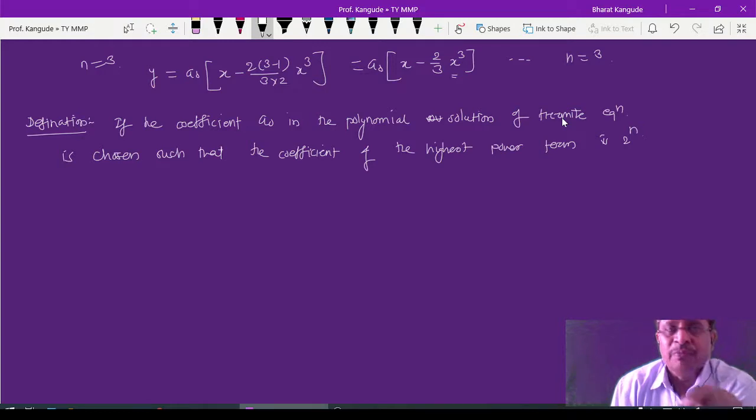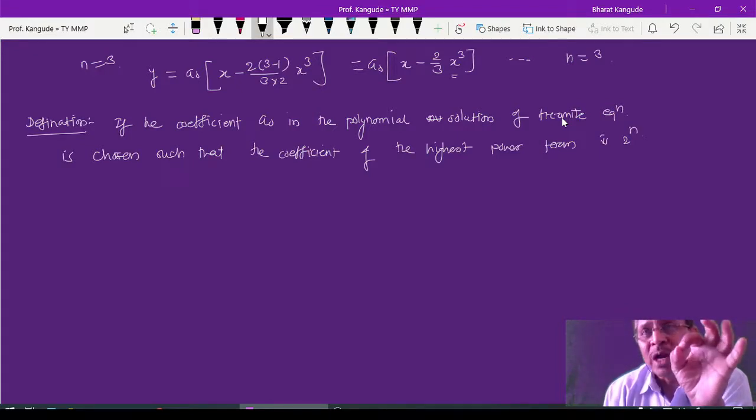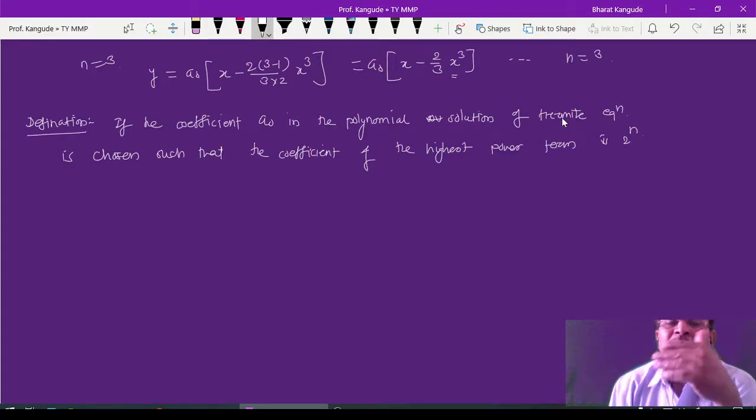Accordingly, I have to select a0. In the second term, n equal to 1, I have to adjust a0 in the highest power of x such that I get the coefficient of the highest power of x equal to 2 raised to 1, which is 2. Earlier in the previous case, 2 raised to 0 is 1, and 2 raised to 1 is 2 in the second equation. In the third polynomial, I have to adjust this coefficient a0 of x raised to 3 to be 2 raised to 2, that should become 4. Accordingly, I have to adjust a0, and writing this a0 in our earlier polynomial, whatever we get is called the Hermite polynomial.